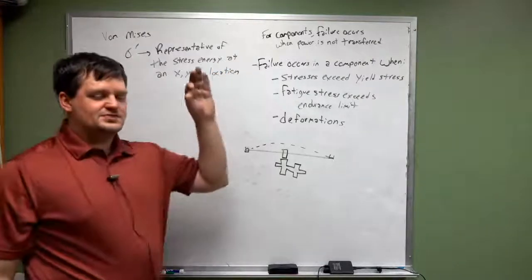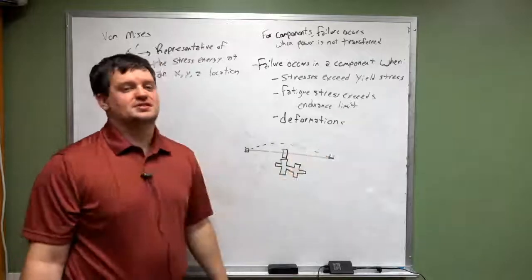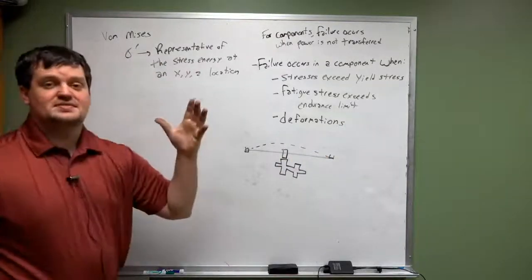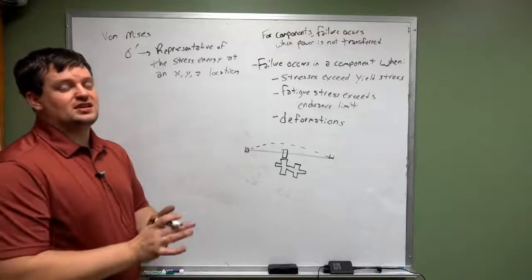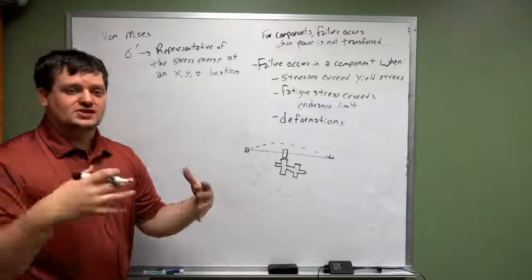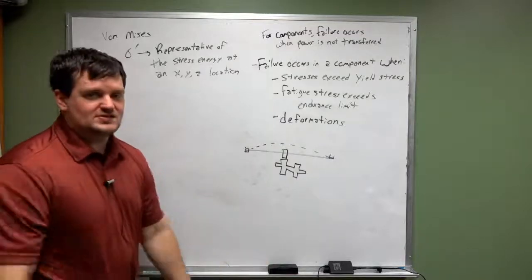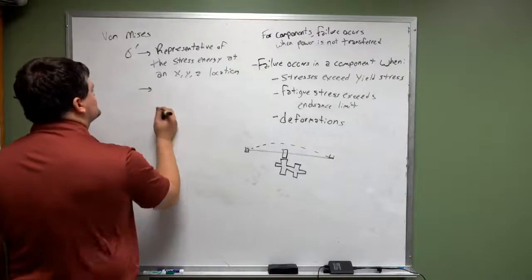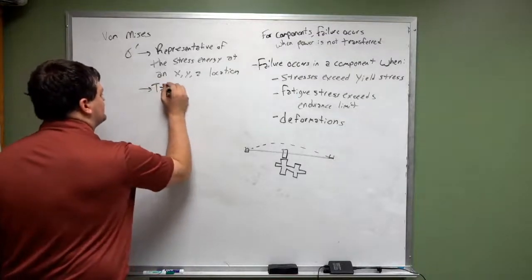Okay? At a very specific point on a mechanism, you'll have a von Mises stress, and that represents the amount of stress energy that is contained by X, Y, Z loading, torsional stresses, shear stresses, bending stresses, axial stresses, all of those. Okay? Von Mises stress takes into account